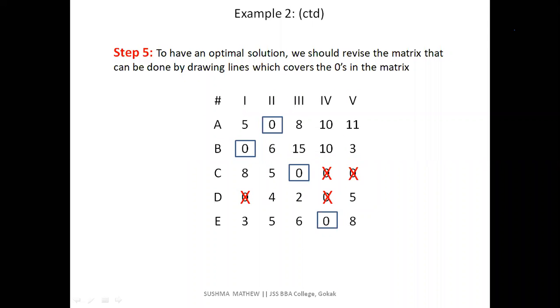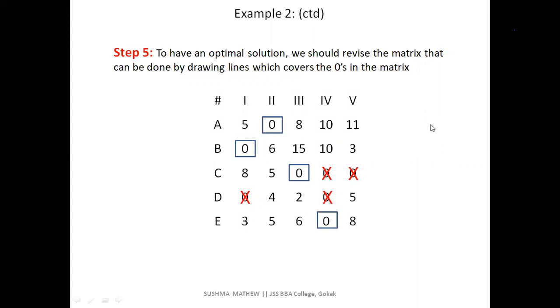And how are we going to revise that matrix? This is a very important part of the problem. You all have to pay attention and listen to it carefully. Now, check for the row where no single assignment has been made. Row andre gothagthalla, A row, B row, C row, D row, E row. There are 5 rows, right? There is one single row where the assignment is not at all made. Mark that.